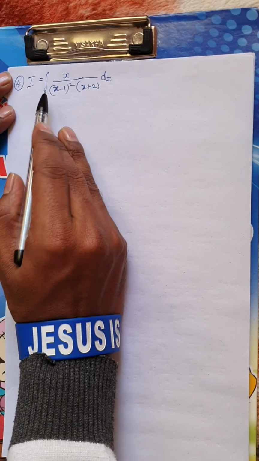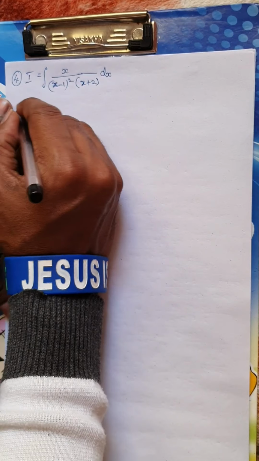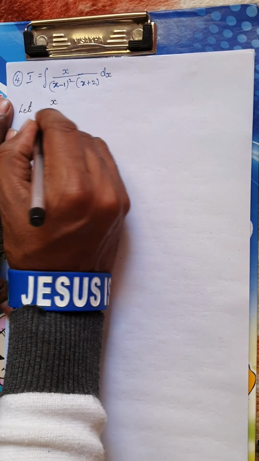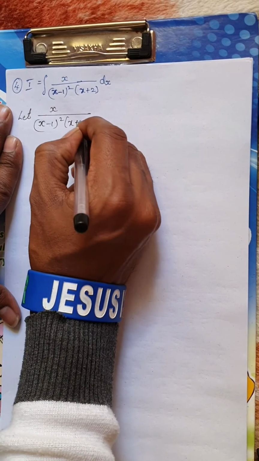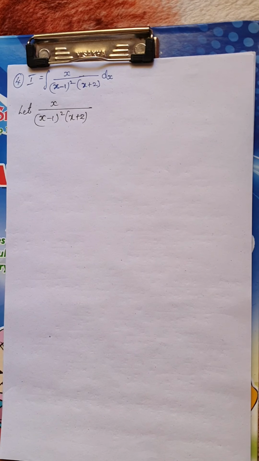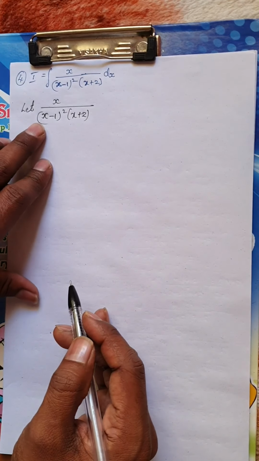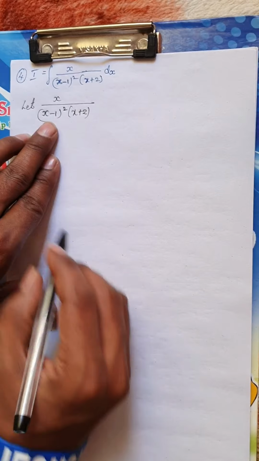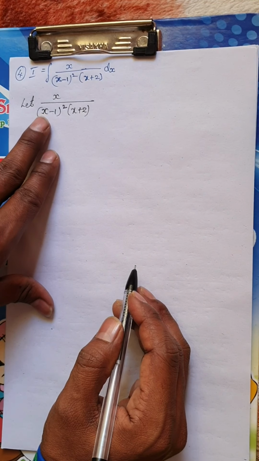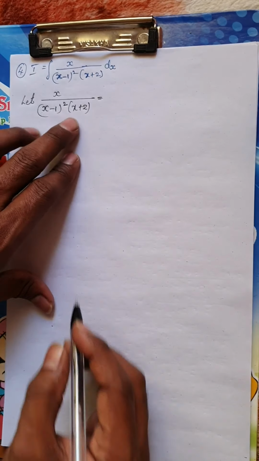So the next integral we have is the integral of x divided by x minus 1 whole square into x plus 2. Let it be I. So dear students, all the questions which we have solved till now were of the form where linear factors were there in the denominator. So we use the shortcut method, but I am sorry, when you have a whole square power, or whenever you have the form x plus a or x minus a to a power, then you do not have a shortcut method for this. You have to use this method itself.